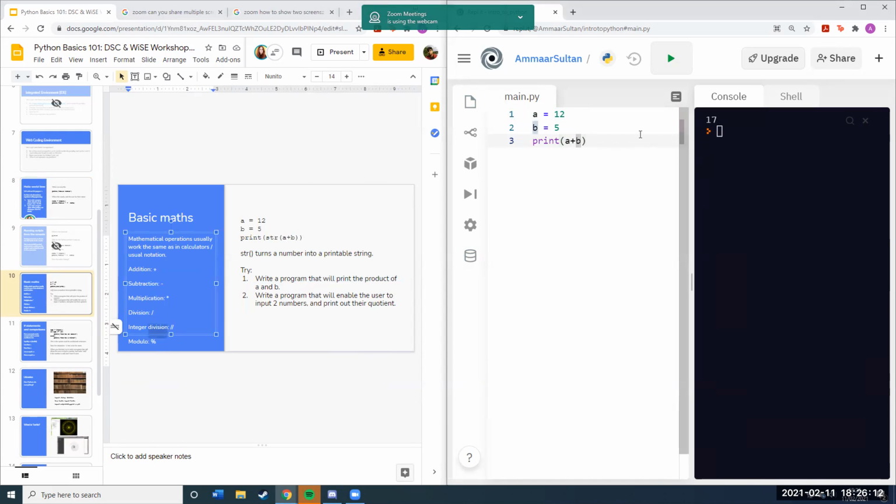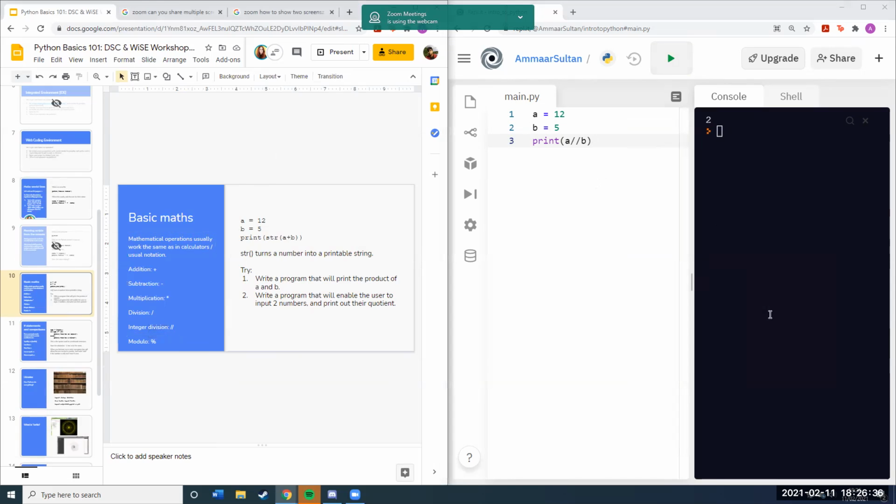For example, if I did A divided by B, so A divided by B is 12 divided by 5, it's going to be a decimal number. Quotient just takes the whole number, not the remainder. So 12 divided by 5, 2 into 5 goes to 10, outputs 2. That's a quotient. Not to be condescending, just in case it's forgotten, because I forgot so much of my year 11 and 12 stuff before I came to uni. If you have issues with that, just shoot in chat. Veronika, anything to add?